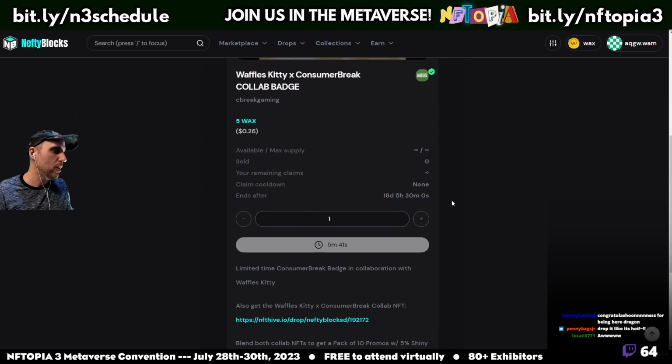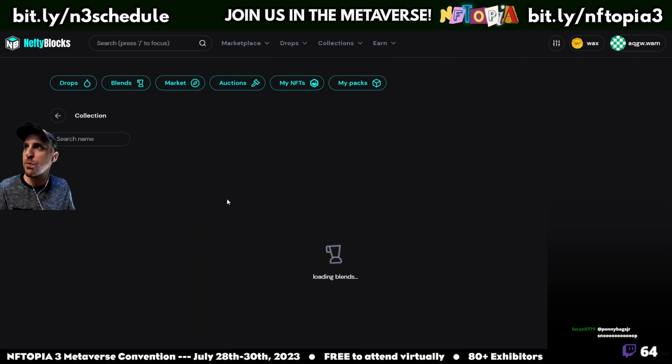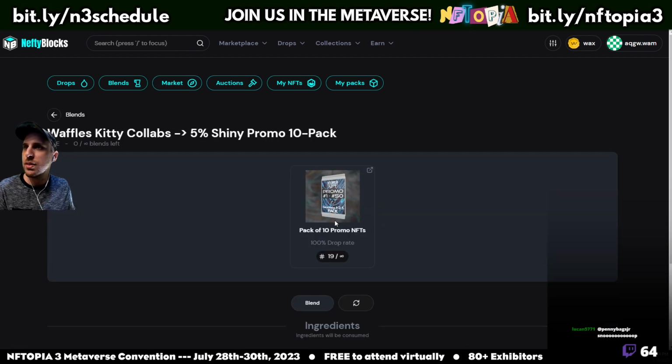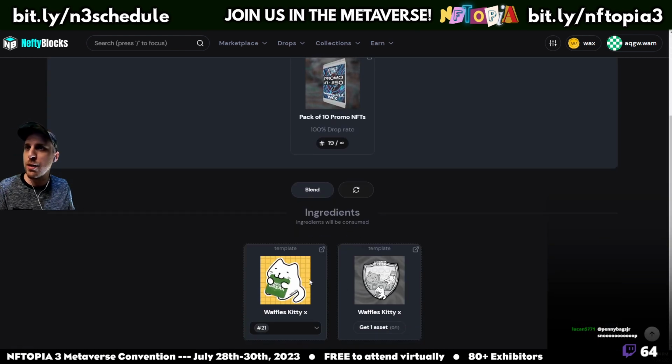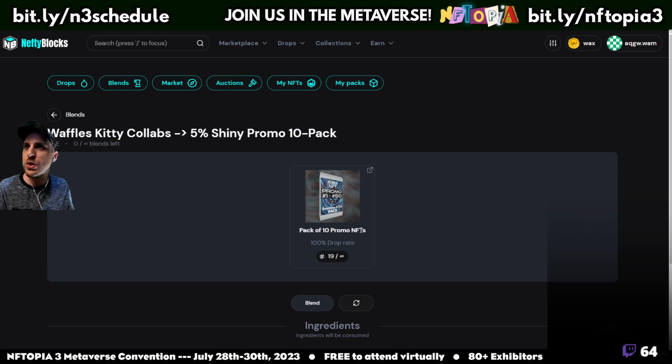Give you some time. We're gonna have our puzzle collab happening in a few days, so stay tuned and you can solve that puzzle, which I'll show you what those puzzles look like too. And once you get both of them, you can blend them right here in our collection, right on that one. So you can blend both of the collab NFTs to get a pack of 10 promos with a 5% shiny